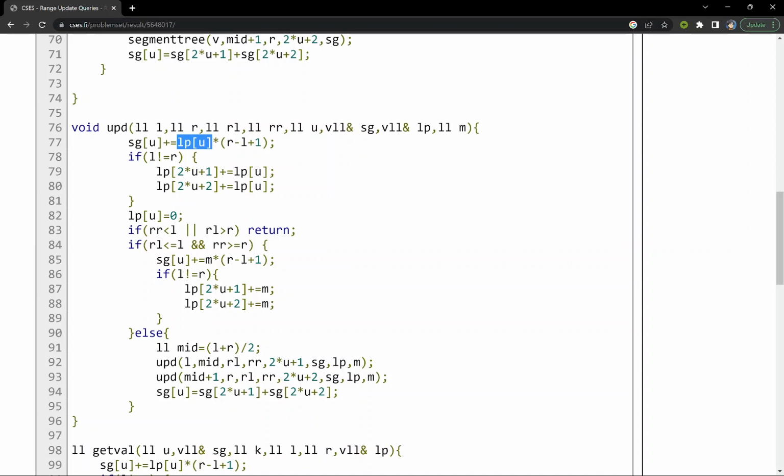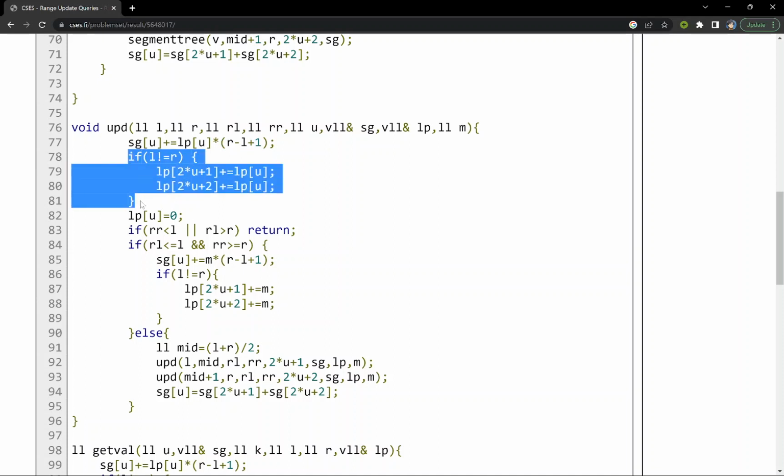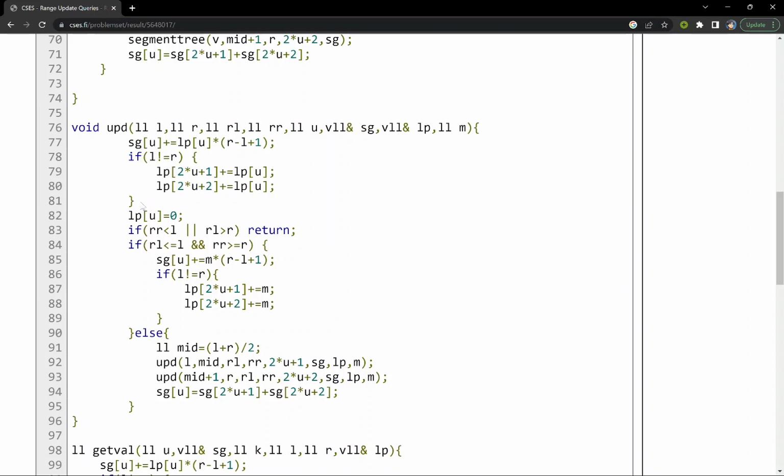That means the values which we haven't reached at this particular point, and we have to increase that particular amount of value in our segment tree. So what we will do is find how many numbers are there in the current node, then add all the values that we have to add, and then find if it is a leaf node or not. If it's not a leaf node, then we have to add this particular